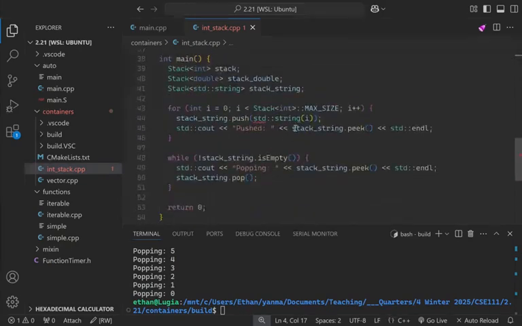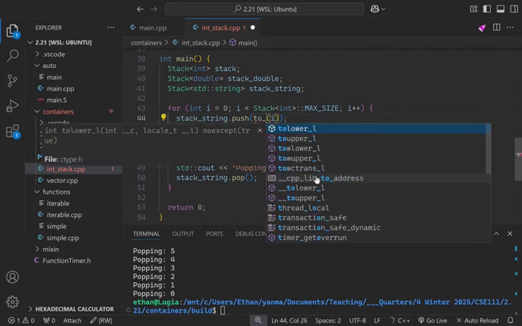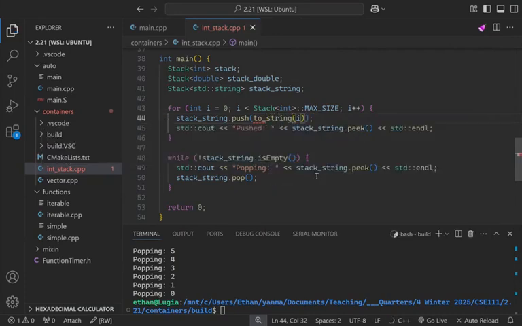Does this work? Ah, okay. Anyone know how to convert integers to strings? So S2I? Yeah. to_string. Fantastic. Okay, cool, good. So now we are pushing, in theory, all the string objects, and maybe just to make sure that this is correct,